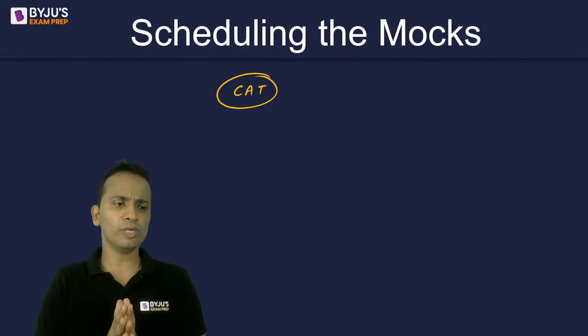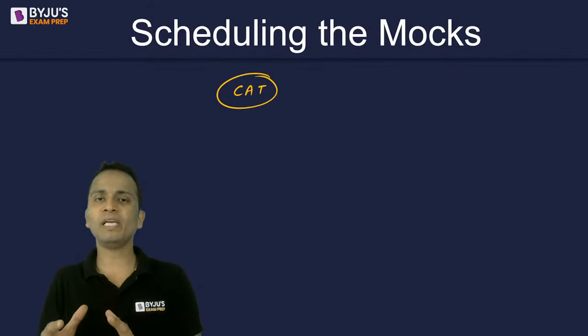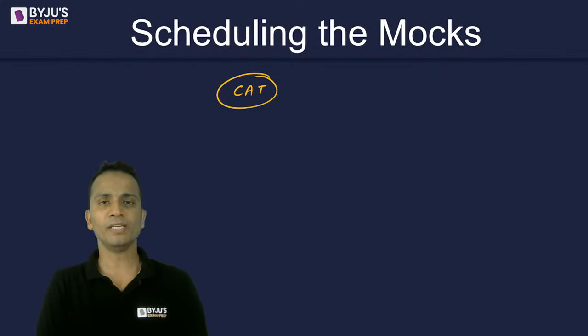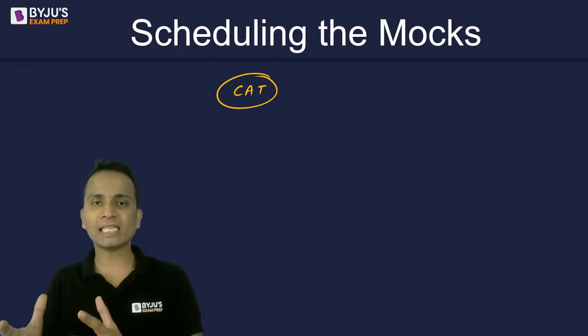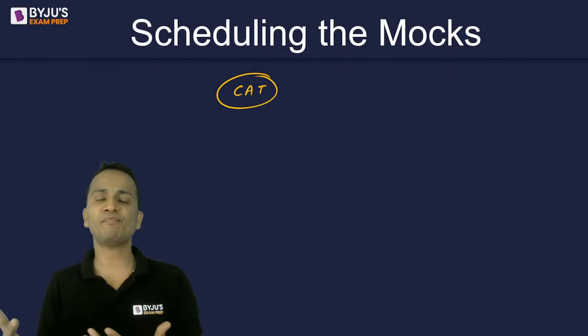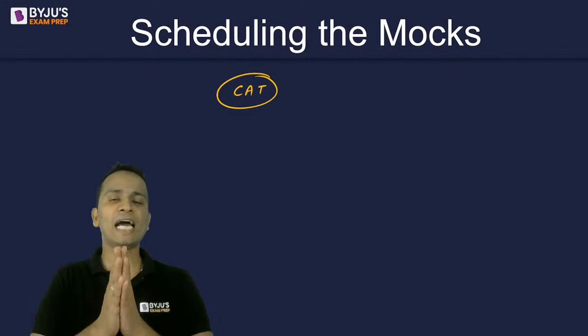So what you need to do is plan your studies accordingly so that you will be able to prepare for all the examinations that you have selected. Now, if I talk about the CAT syllabus, I would say that 70-75% of the things will be common with every examination. But yes, 20 to 25% of the syllabus is different and you'll have to prepare for that.